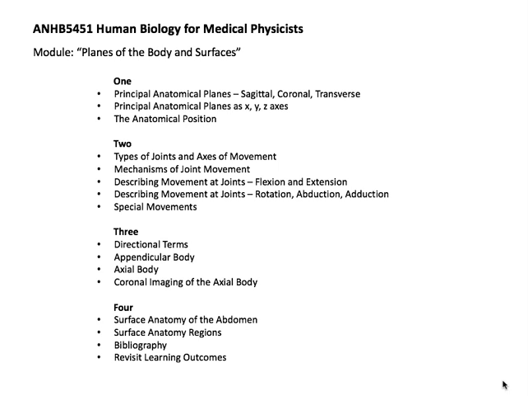In Part 2, we explore the anatomical joints, their axes of movement and types of joint mechanisms. We learn to describe body movements at joints using appropriate anatomical language, including special movements of the hands, feet, and jaw. In the third part, we learn to describe the relative location of one anatomical feature to another, illustrating this